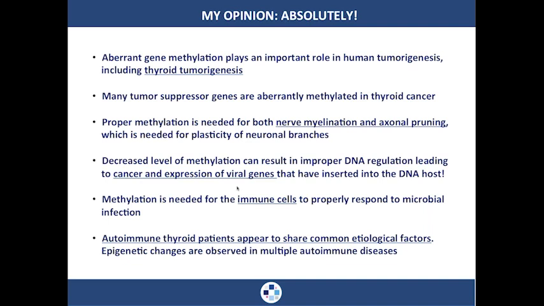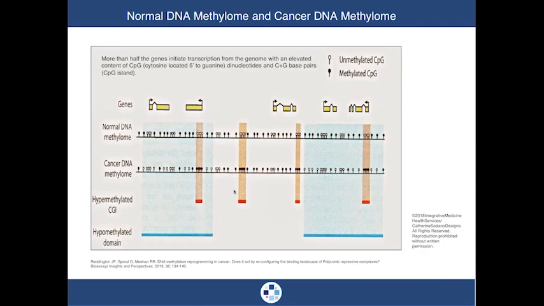This is one of the solutions as far as stress reduction, is to look at methylation for individuals with recurrent herpes simplex, recurrent Epstein-Barr, and so forth. So that's pretty powerful. Next, methylation is needed to make sure those immune cells are responding properly. So that's why this is important, and that's why I'm stressing this.